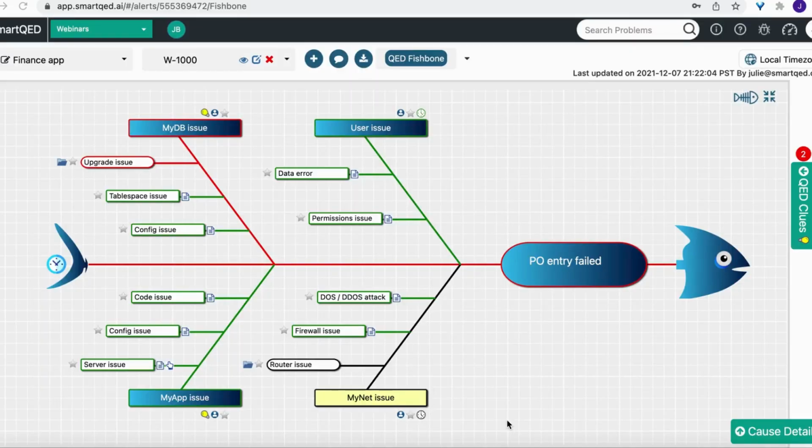SmartQED is a powerful real-time incident collaboration platform. In this demo, I will show how visual investigation maps are used in SmartQED to effectively boost productivity and solve problems faster. Investigation maps are based on the Ishikawa or fishbone diagram, which is an intuitive, structured visualization of the